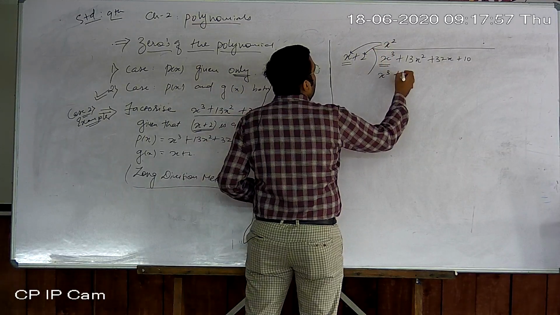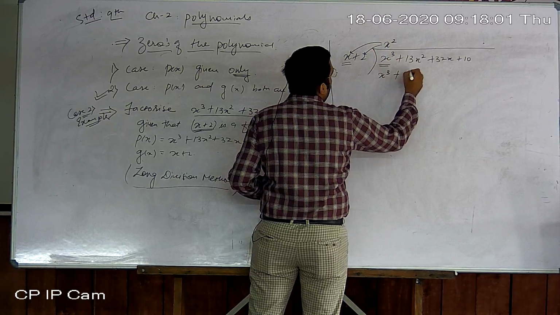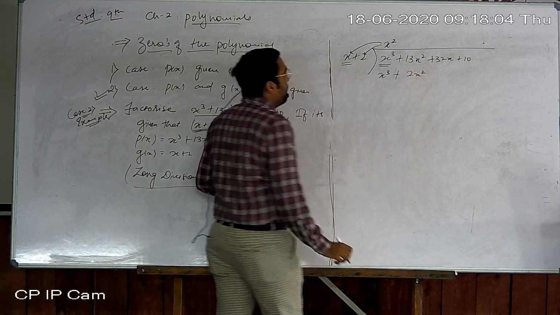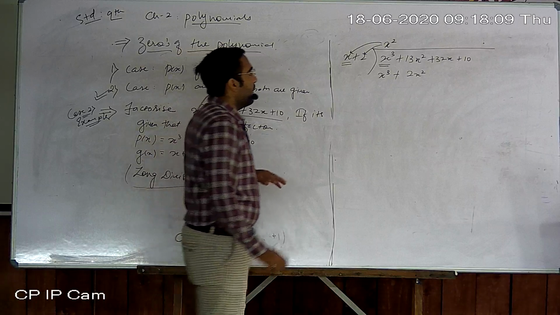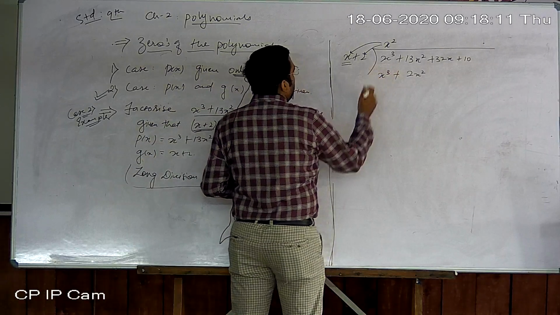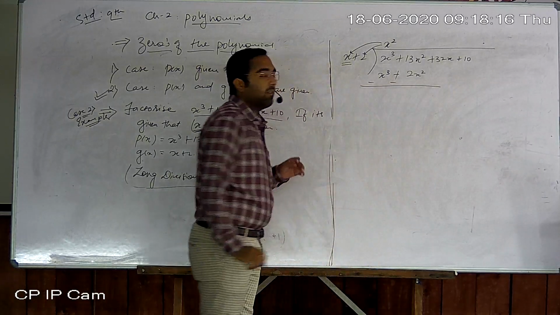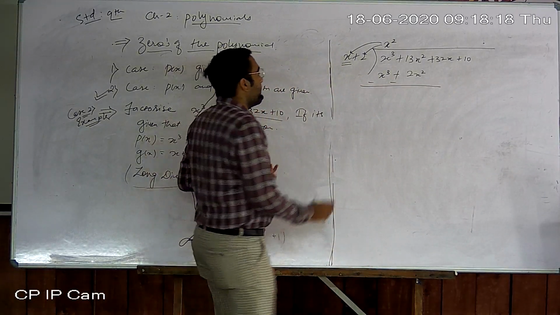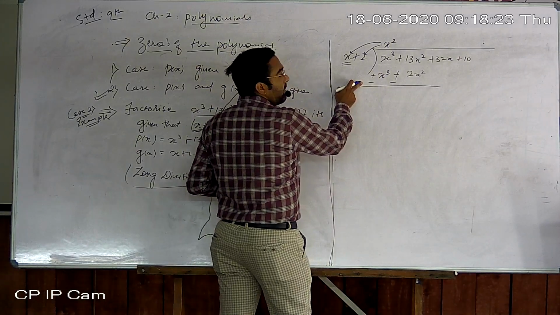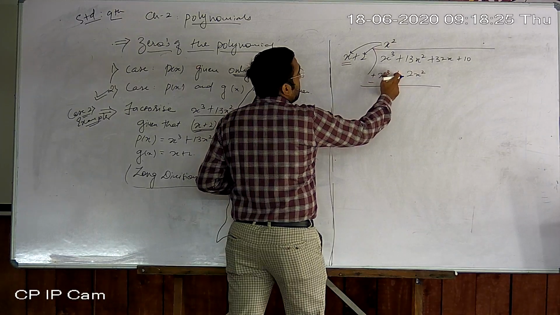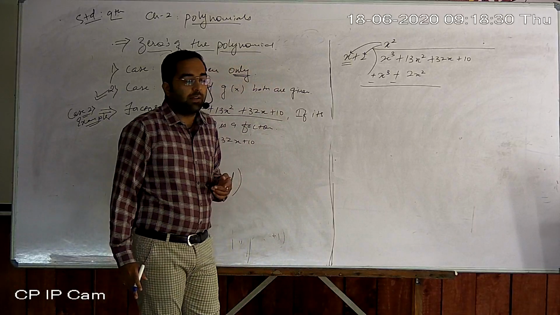So now which term do you find? You found 2x square. Now you found 2x square as a new term. Now subtract them. When I subtract, the sign will change. Here x cube is in plus, therefore the sign will change to minus, and here 2x square is also in plus, so the sign will change to minus.